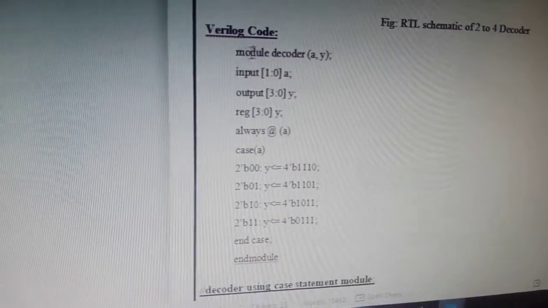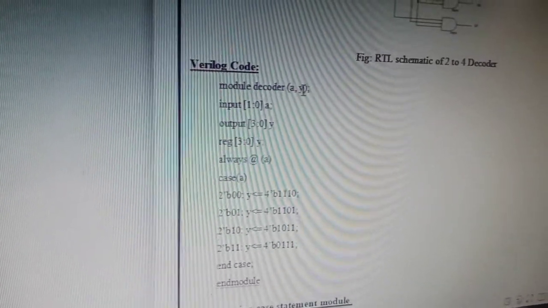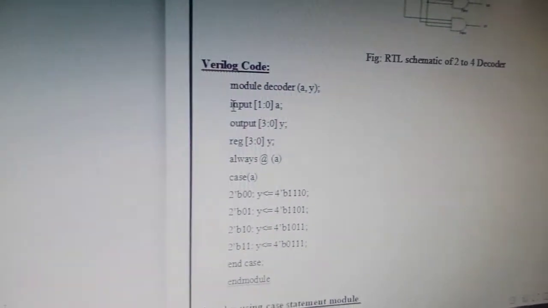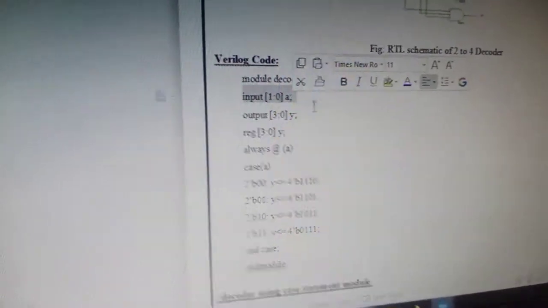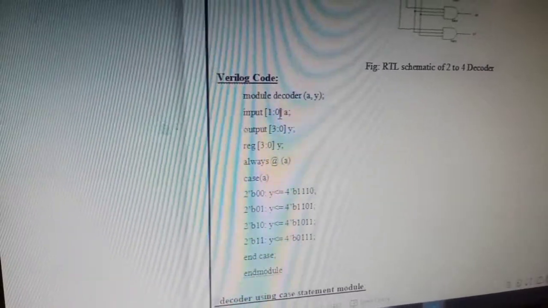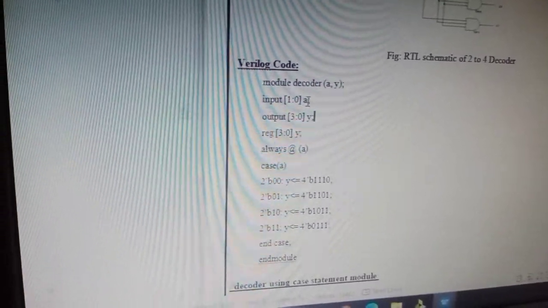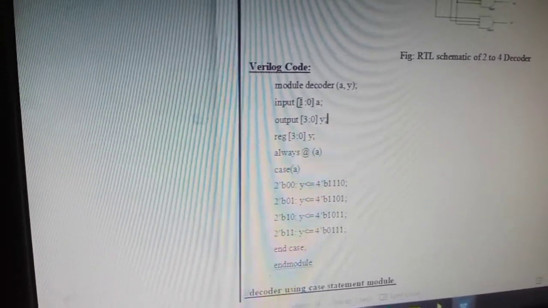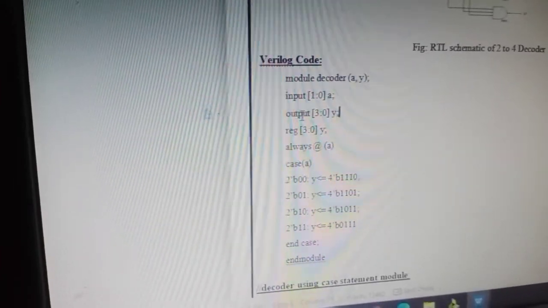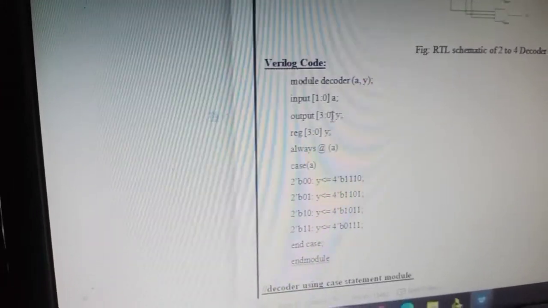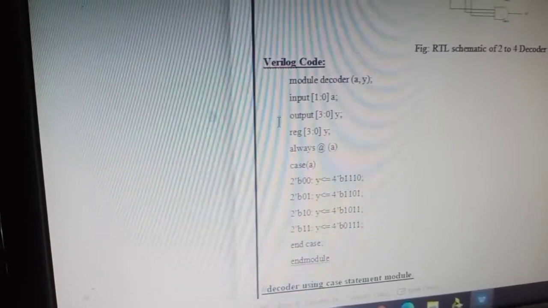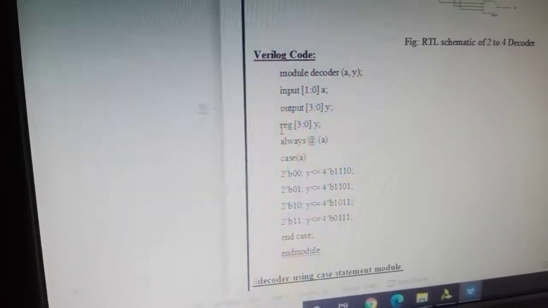As I told you, it starts with module followed by the file name followed by the input and output variables. So now my input variable is A. As I'm taking two input variables, I'm declaring it as a bus. So 1:0 indicates that A is a single input variable having the size of 2 bits. And my output is a 4-bit variable, so I'm declaring it as 3 down to 0. And always the output variables must be defined as registers. A register is a temporary storage variable.